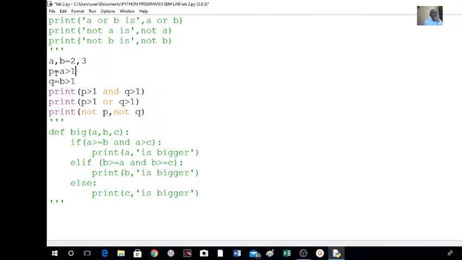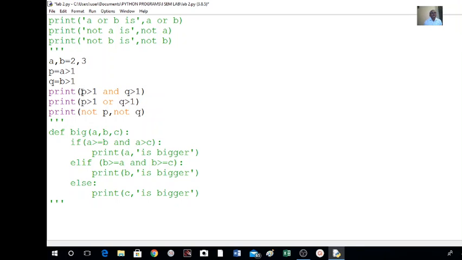And I am giving P equal to A greater than 1. What is the answer for this? Yes, because 2 is greater than 1, yes, means true. P value is true. Q, B greater than 1, B equal to 3, 3 greater than 1, yes, this is also true. So here, P is true, Q is true.